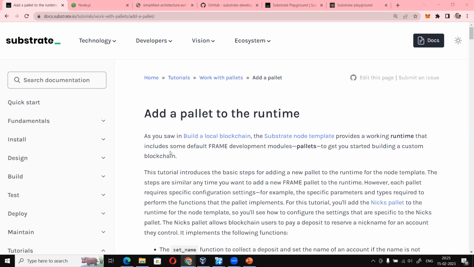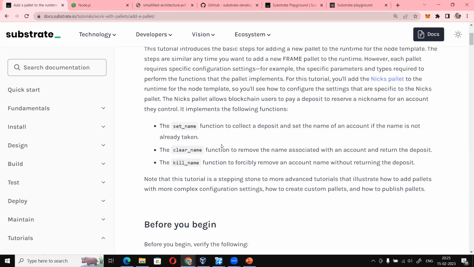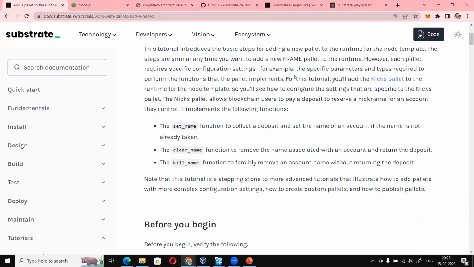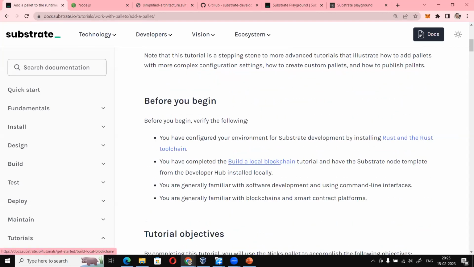So what happens is that if you see, the Substrate node template has a working runtime that includes some default FRAME development modules. So you have to look for the FRAME development also to understand. Basically, FRAME is the framework which allows you to build these modules. So first off, before you begin, what this tutorial shows is the Nicks pallet, which allows you to create nicknames for the existing account. That's what it does. Basically, that's all there is. Okay, right, and